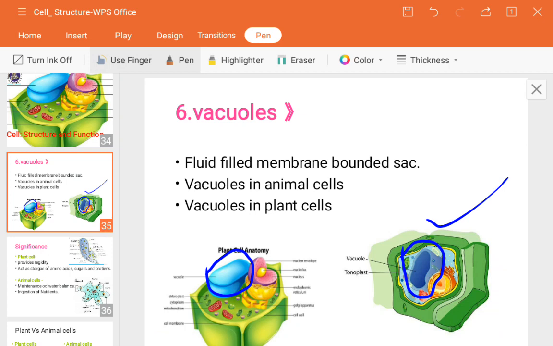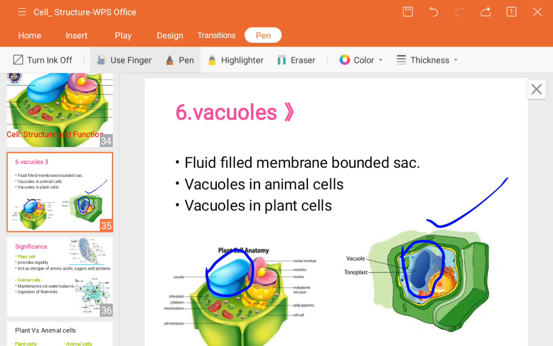We are going to see some examples of some animals, for example some microorganisms. They also have different types of vacuoles. According to that, the vacuoles present have a particular function, and likewise they have been given particular names. What will be the names? Those things we will also understand now.